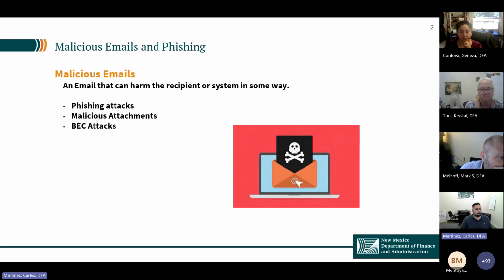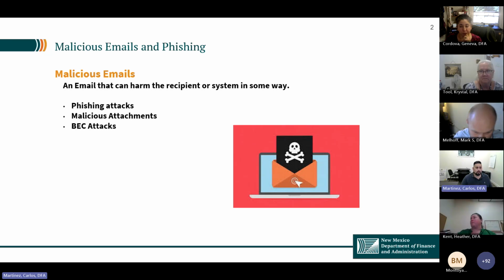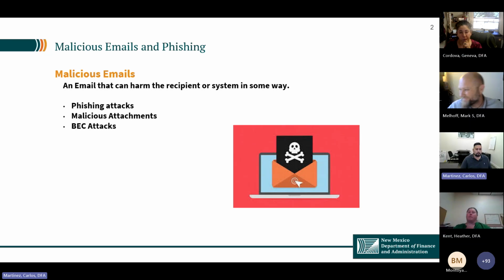Typically, in these type of scenarios, some of these files will actually lock out files within your system, within your network from a share access perspective, and the attackers will request a ransom in regards to that type of situation. We've seen a lot of organizations go through this. In fact, we've even seen, as of late, some organizations here at the state that have come under fire from these type of attacks.